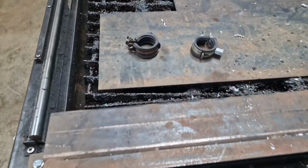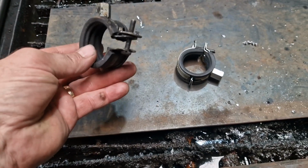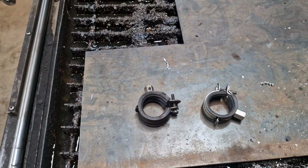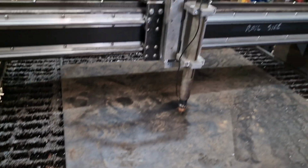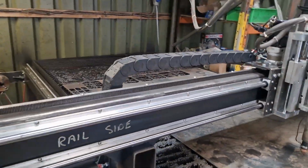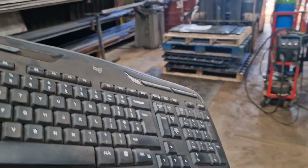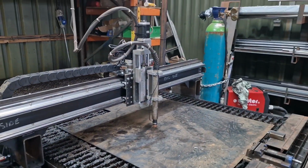We had these things holding the torch, and you can see that they're not exactly the right shape, and the reason for that is because they keep crashing the torch. So there's our torch. Now if I just move it so I can get to it, hang on a minute, that's better. Let me just grab the keyboard. There we go. So if we just move it,